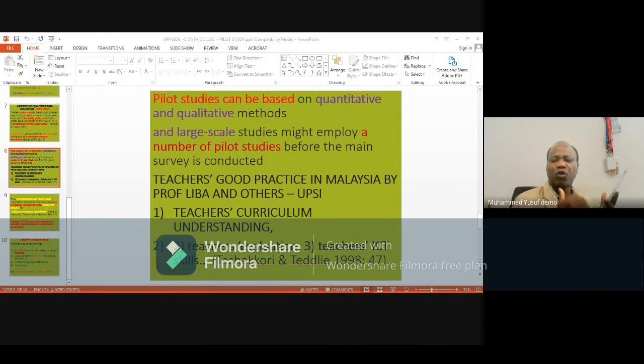But you have to go ahead of reporting that you have given your instrument to 3 or 4 specialists in, for example, educational psychology, measurement, science education, to evaluate the instrument or to check the appropriateness of the instrument. Full stop. Then you have to give at least 3 examples. Then you say, for example,